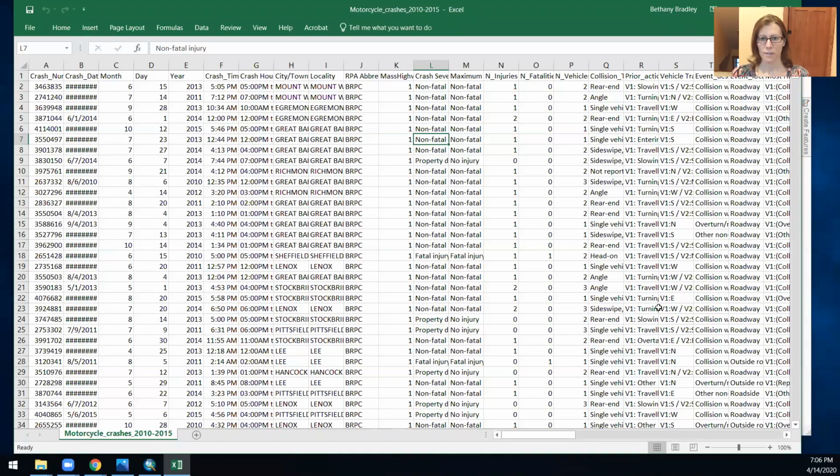Hey, so I want to talk a little bit about dealing with the motorcycle data set. So this is a really cool data set. There are a lot of data here, a lot of different ways you could break down these data. So just in Excel, for example, you could,